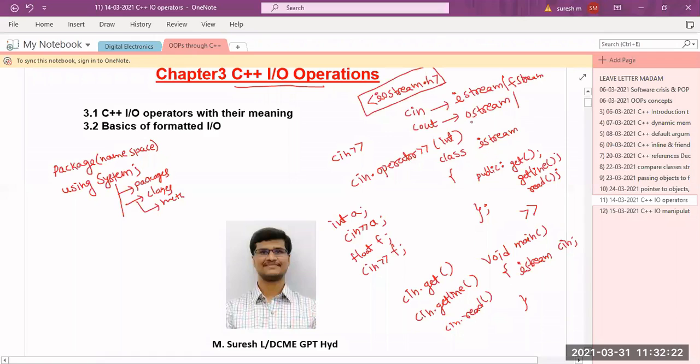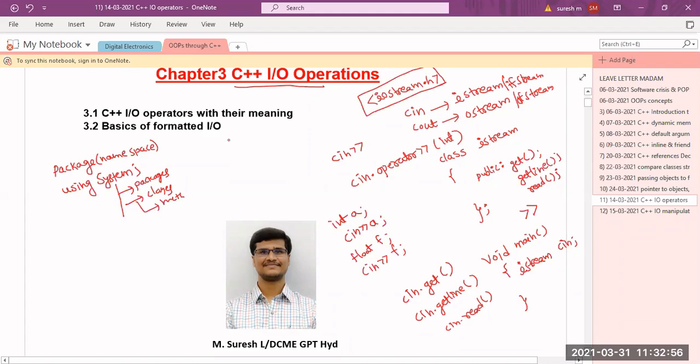And if I want to display the output onto the monitor, which is the default output device, I use ostream. But if I want to insert the data into a file, it may be a text file or an MS Word file, I have to use fstream, that is ifstream for input and ofstream for output. Other than the standard input output devices, if I want to insert the data into a file, then I will go for fstream.